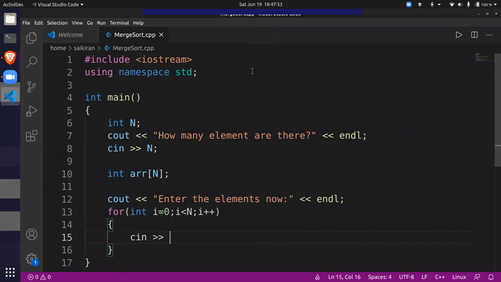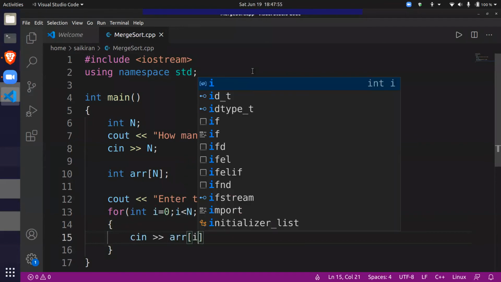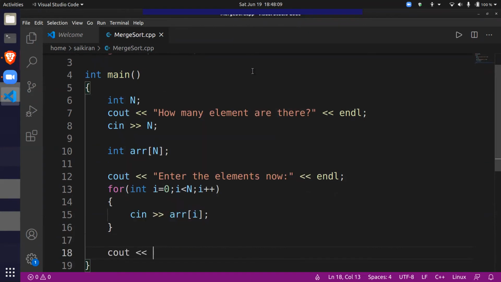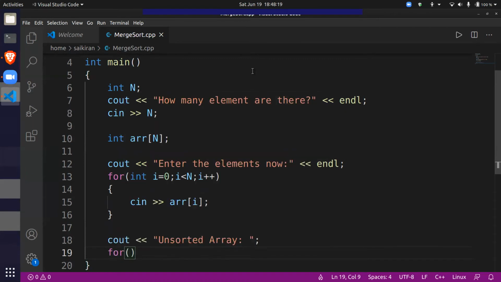So let's take them like this. All right. And now we have the original array. So let's print it out once. We'll say unsorted array. Now let's just print it out.